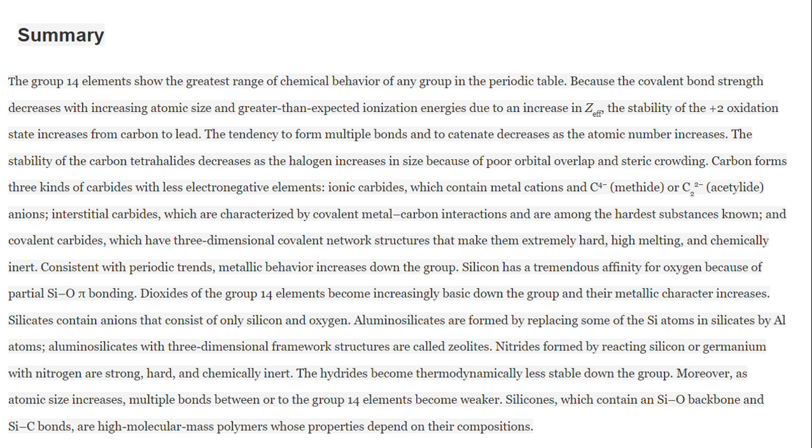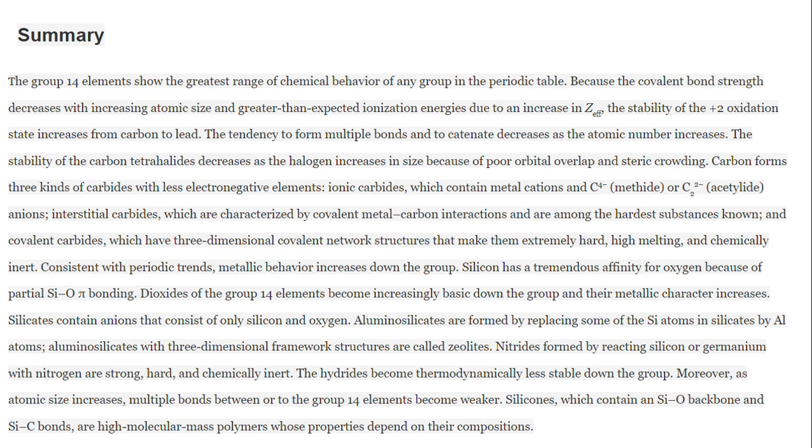The tendency to form multiple bonds and to catenate decreases as the atomic number increases. The stability of the carbon tetrahalides decreases as the halogen increases in size because of the poor orbital overlap and